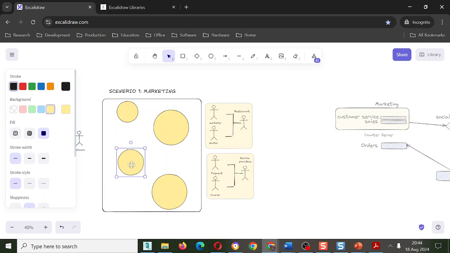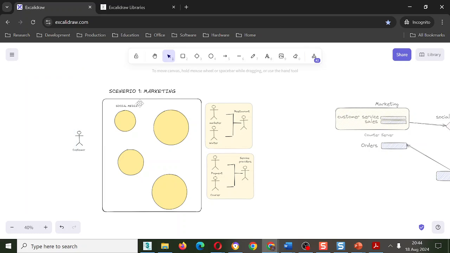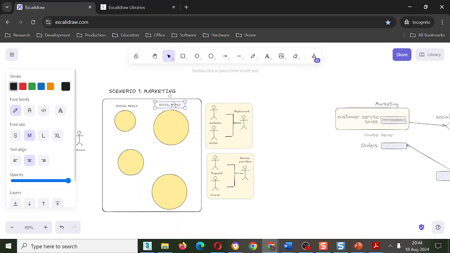Okay, so we label. Labeling is very important, so let me label this one, social media. I'll use caps for this. Then you want to label this one as the website.